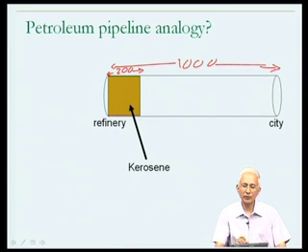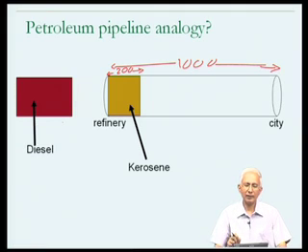The way that this happens, as we saw, is by pumping the kerosene through the pipeline. It's not progressing through the pipeline by some gradient, by the fact that the pipeline is sloping down. It's progressing because it's explicitly being pumped. Okay, now let's suppose that at this point in time, the kerosene fraction is occupying the pipeline, and we